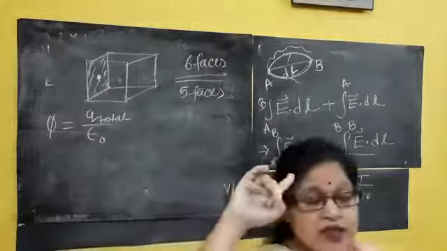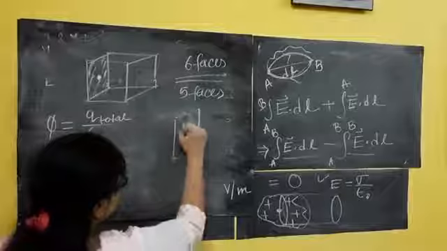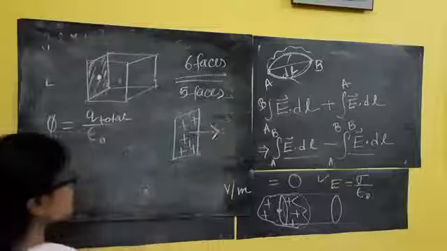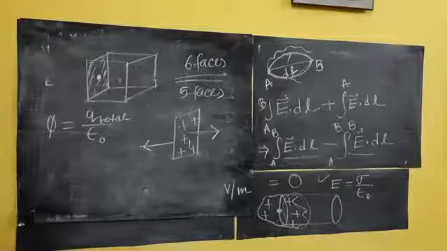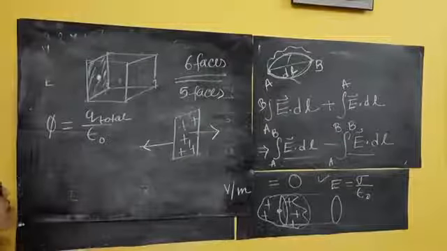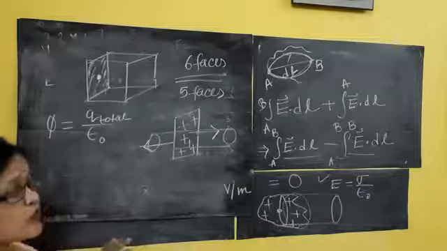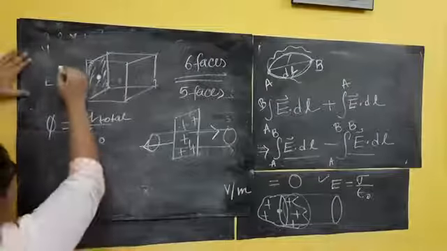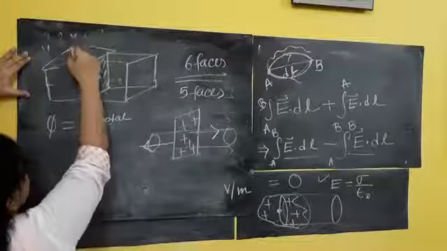Now think about that parallel sheet formula. Suppose I am having a sheet of positive charges. So electric flux can move in this direction, anywhere it can move. So if I want to make it a closed thing, I am taking a cylindrical surface which can enclose the full parallel sheet. To enclose it, I am containing another cube. Why cube? I am telling. So here I am having a second cube.